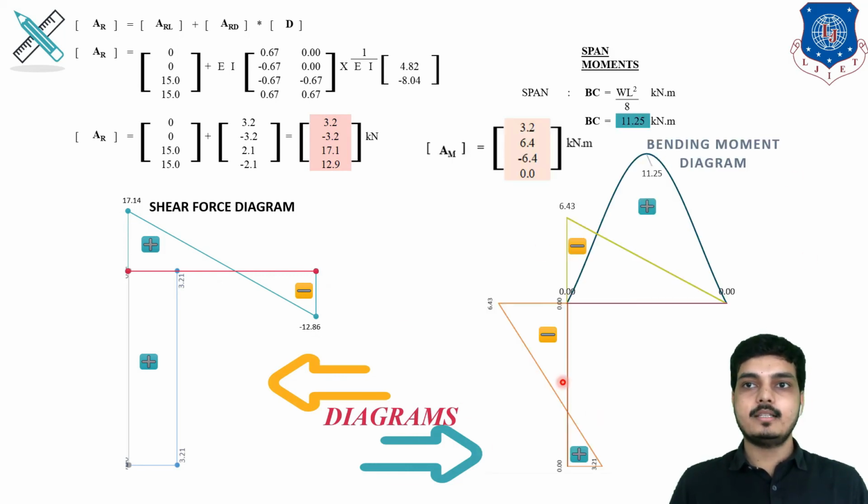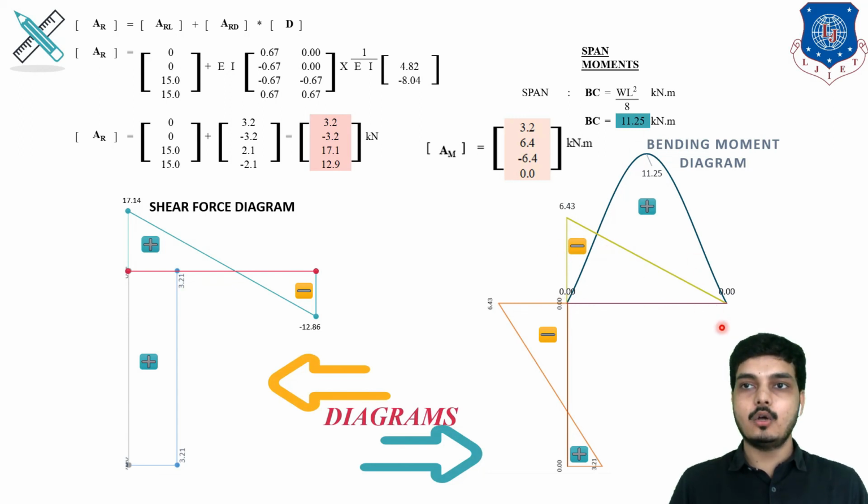And the bending moment in a similar way. Now look, as you know, negative will be up. In a similar way, if negative came, then it should be left side, and if positive came, then it should be right side. So it is positive, so right side. Here, if positive, then it will be left side. It's a rule. So 6.4. Then minus 6.4 up and then leading towards 0. After connecting these values, I will be getting my end moment diagram.